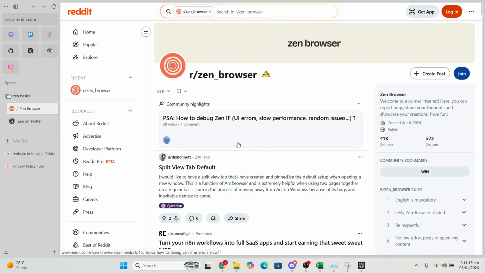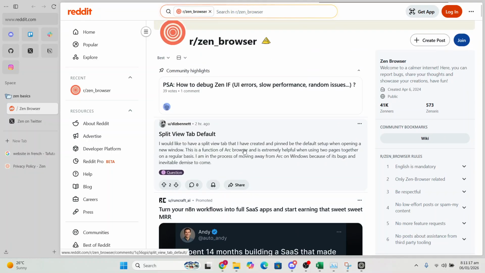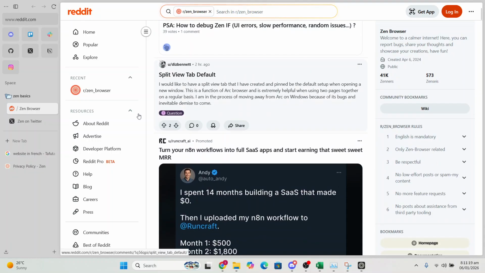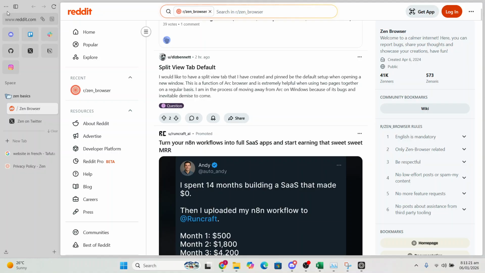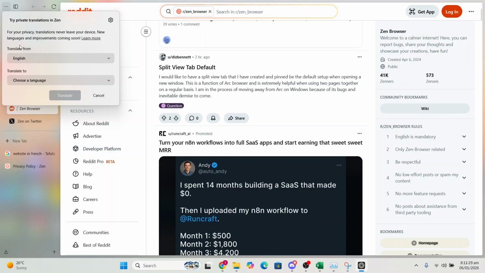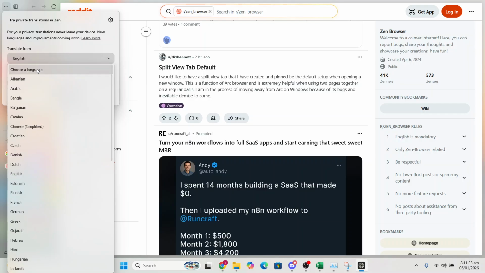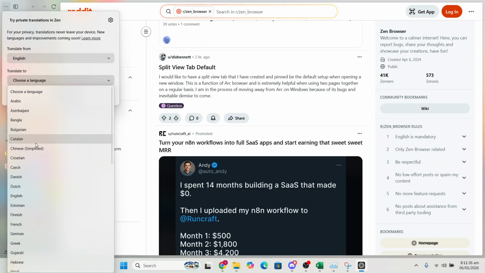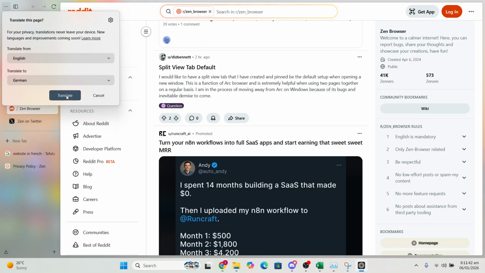First thing I want you to do is just open up any web page, and then come here and click on these three dots at the top left, and then you'll see this option right here that says translate page. You can choose to translate the page from English or any language you want to another language. So let's say in this case we'll go ahead and pick German, click here on translate,